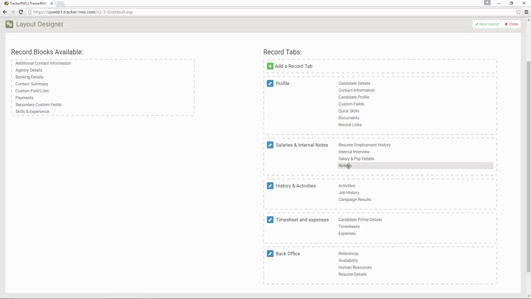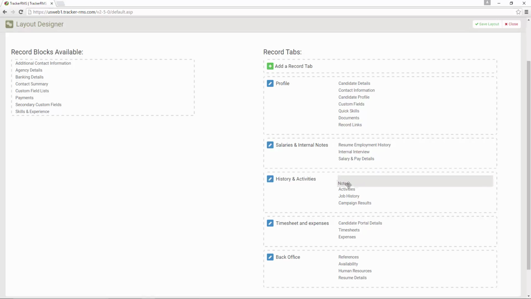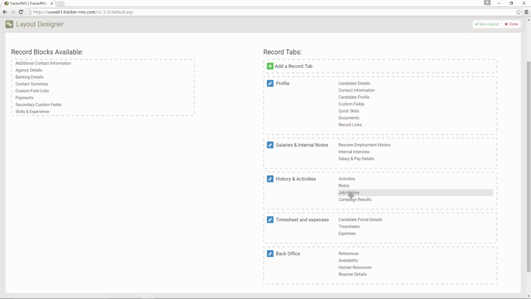You can take that notes section and move it next to activities if I wanted it to be right next to activities. If I hit save, it would update that in real time and move that block of info around. Now the other thing you can do is you can also go in and move the entire blocks of data